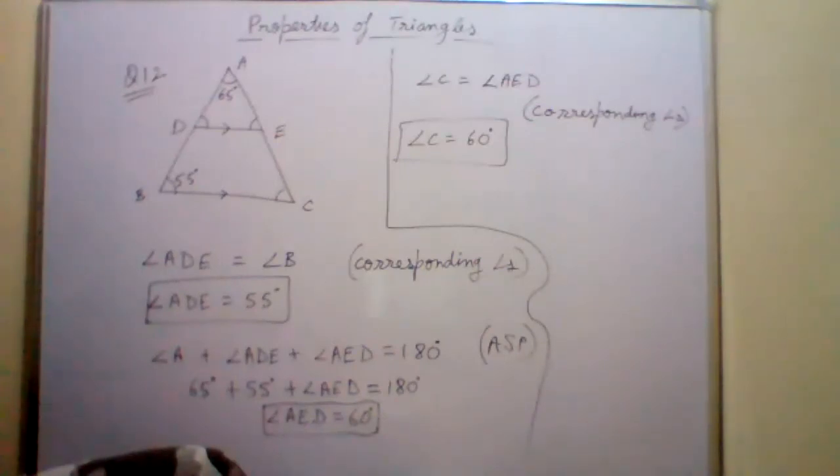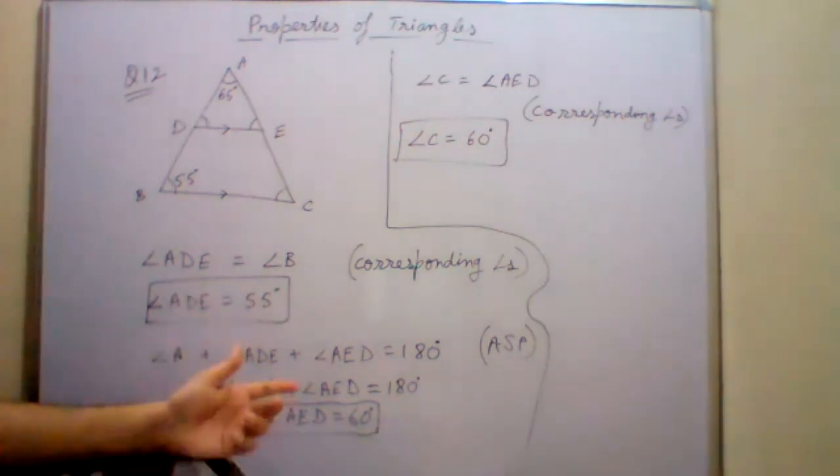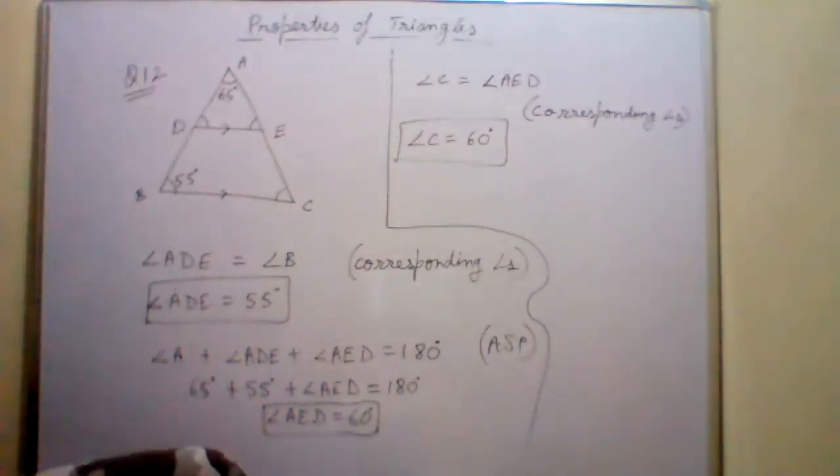All angles less than 60. If all three angles are less than 60, this means that the sum will be less than 180. If you take all three angles less than 60, what will your sum be? Less than 180. So is it possible to have a triangle in which the sum of all angles is less than 180? Not possible. No. Sir, we have to do question 13 in the copy. In the book. Yes, sir, in the book.